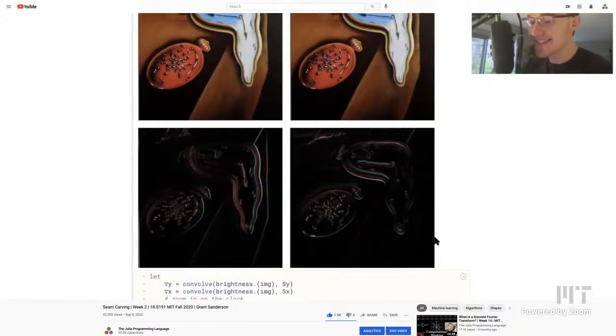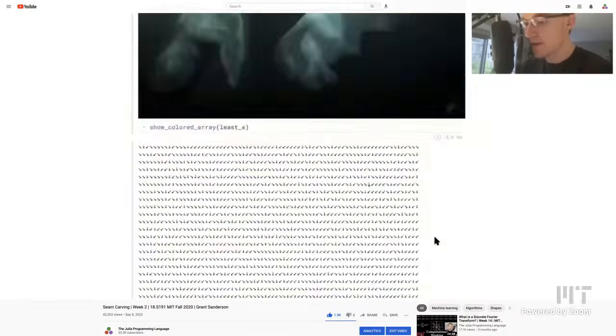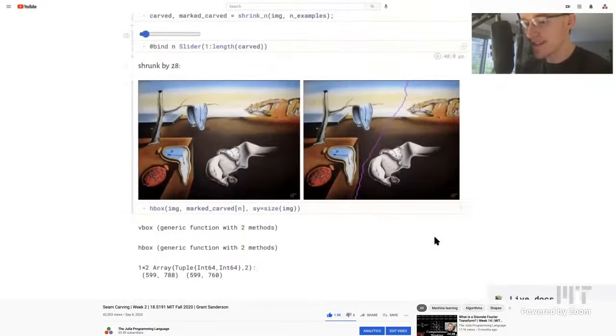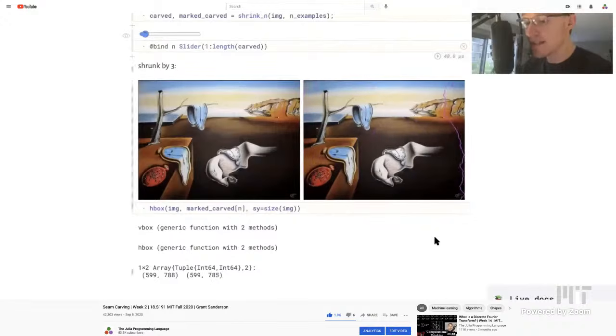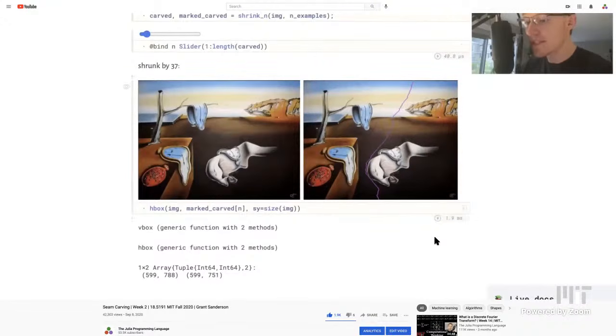So kind of the edginess in the X direction, edginess in the Y direction. But thinking back to our end goal here, which is the really clever way to shrink down an image by cutting out the unimportant seams, this still leaves an open question of what's the best way to find that seam from the top to the bottom? Find some path from the top to the bottom, which we consider to be passing through the least important of